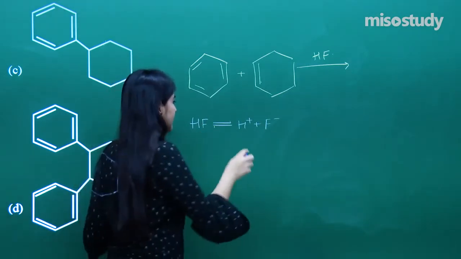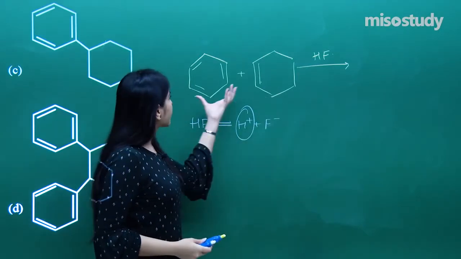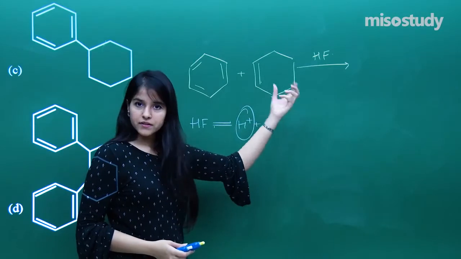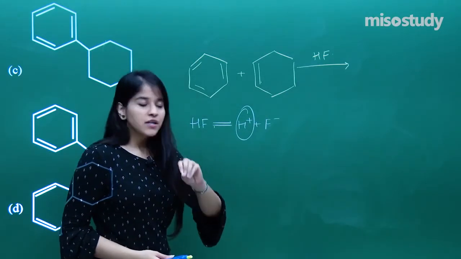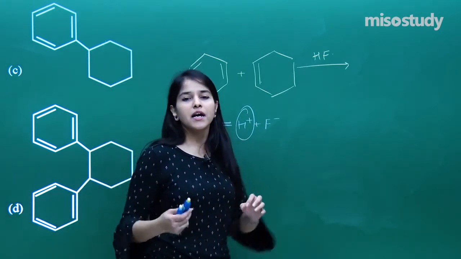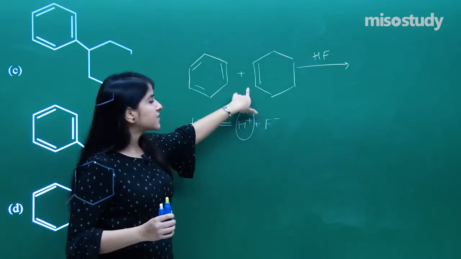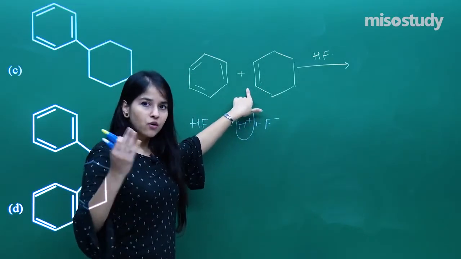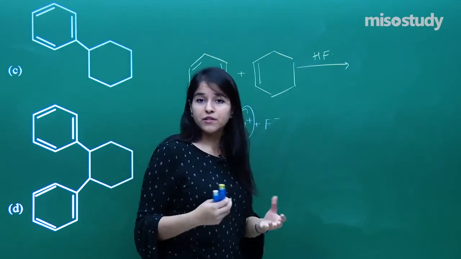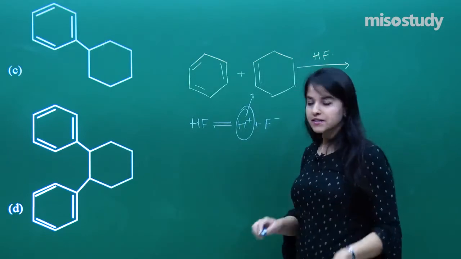And now this H positive will try to act. Where will it act? Either it can choose the electron density which is present on the benzene or the electron density over here. So what would be the easy option? The easy option would not be the benzene because it is already very stable. It will allow the least things to attack on it. But over here cyclohexene is obviously not aromatic, so this will not be very stable. That means it can allow the H positive at first sight.